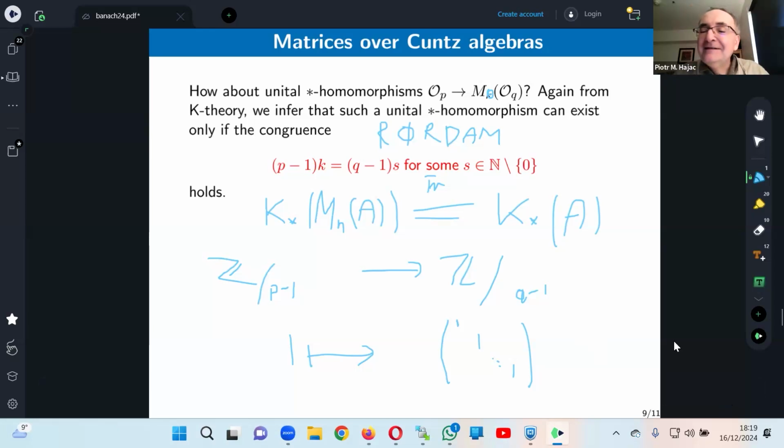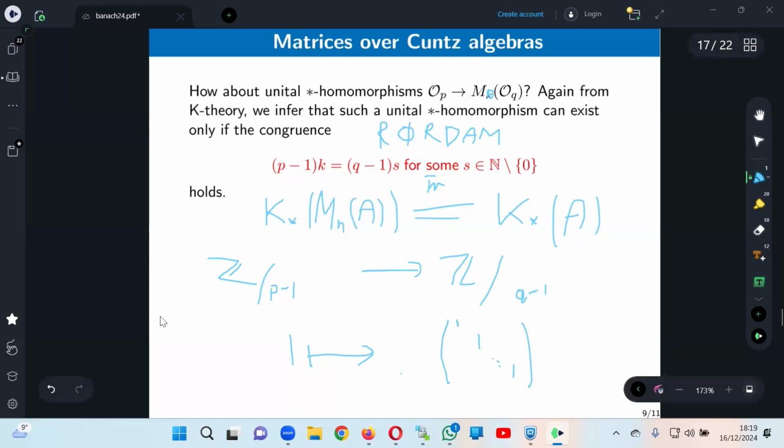So maybe I can make a short comment. With Atomic, we had a similar problem when we tried to construct a multiplicative version of K-theory. We had this problem that it was not Morita invariant, and it was not Morita invariant exactly for this reason, because in the construction of this multiplicative structure, we used the class of 1. And that depends not only on the Morita equivalence class of the algebra, but actually on the isomorphism class. But then, Tomek, this maybe could be a feature, not a problem.